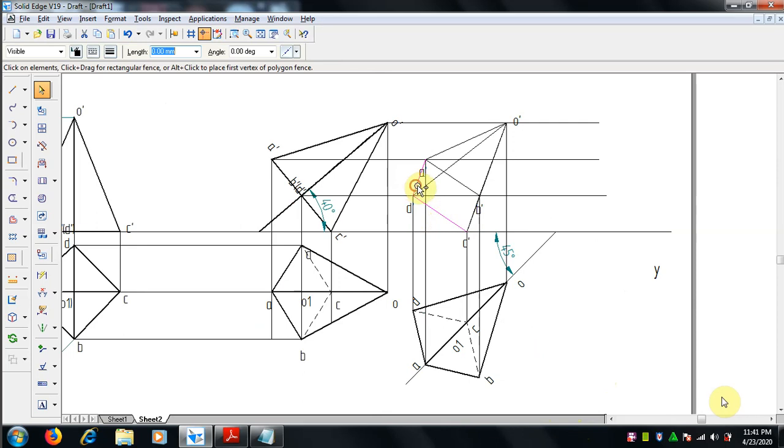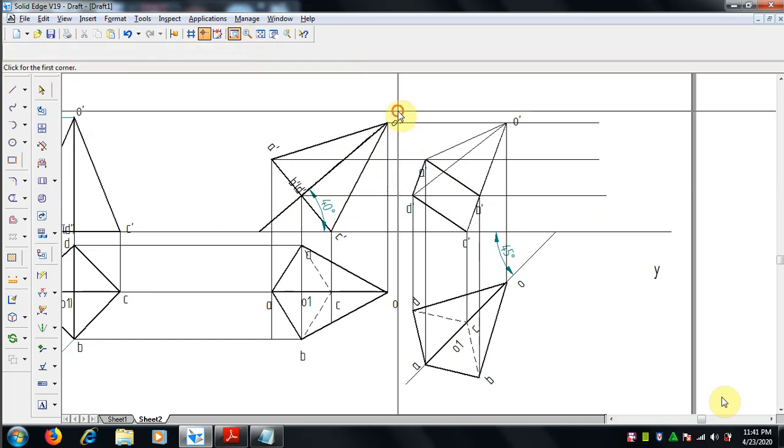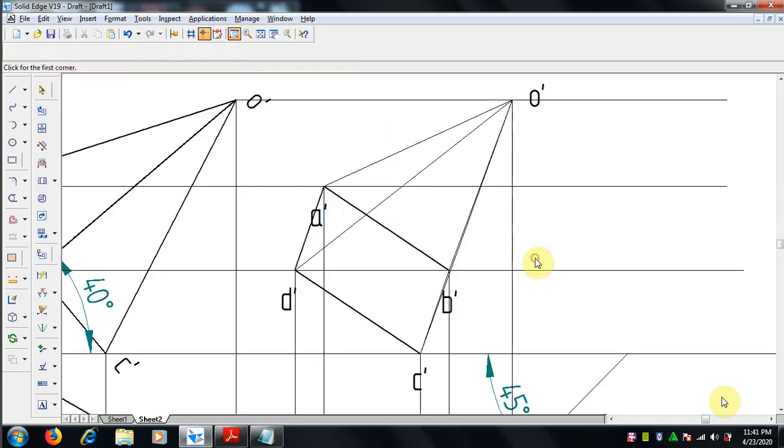The outermost lines and the base which is visible should be in 0.5 mm thickness. So we can select the C to O dash and the base edge, zoom it.